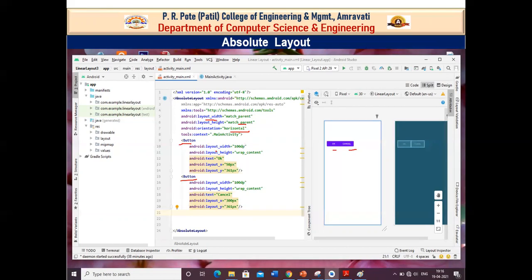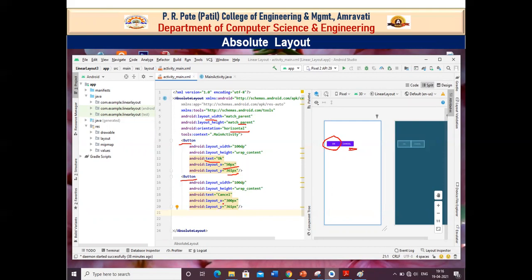So here we use text OK for button 1, and the x and y coordinates of that button are 50 pixel and 361 pixel. So it specifies the exact location of this OK button, and after that we have to specify the exact location of the cancel button.